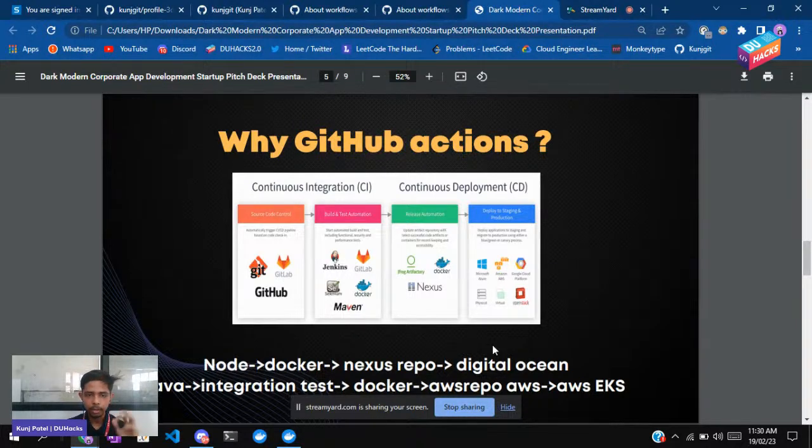Second, if you want to build a Java project, then you have to perform some integration test on that. You have to create a Docker image out of that. You have to have an Amazon Web Services repository, and for hosting that, you have to run an AWS EKS instance. So you can see how complex it is to create your CI/CD pipeline using other tools and not